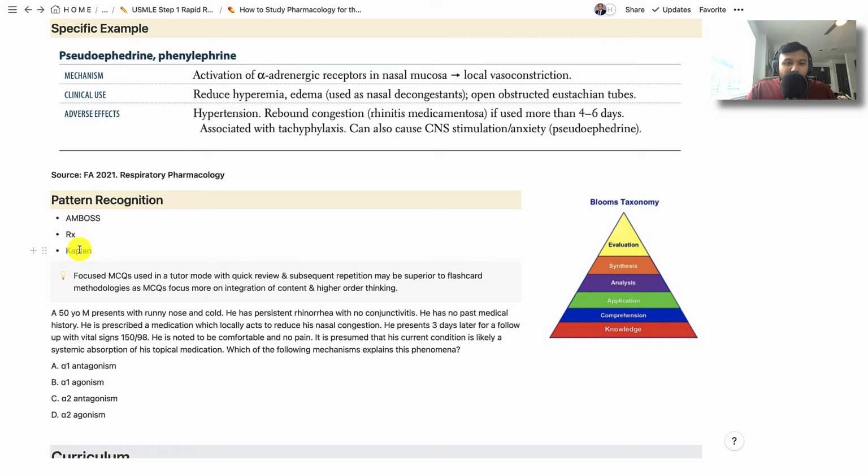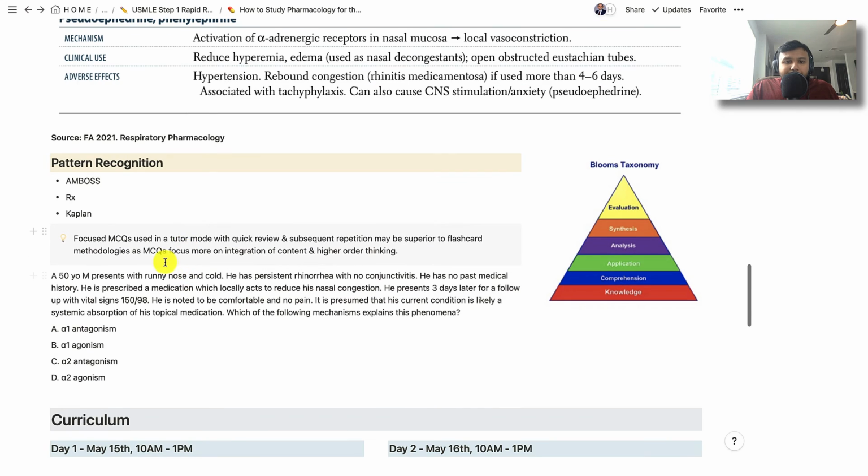Amboss RX or Kaplan to do focused questions of pharmacology in a systems-based way, and especially in a tutor mode. Because I think focused MCQs in a tutor mode with quick review and subsequent repetition of those questions can be superior to going through the minutiae in Anki. And more important, it can help you focus on integration of content and higher order thinking, along with just pattern